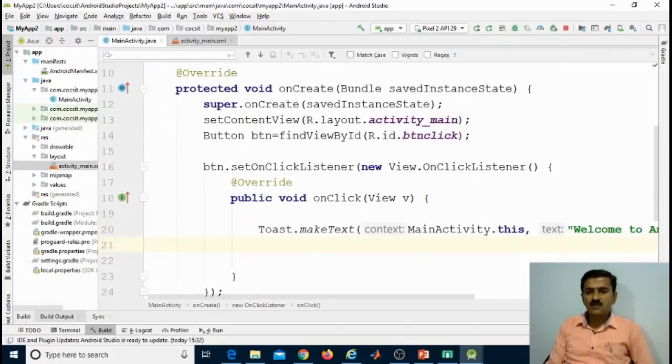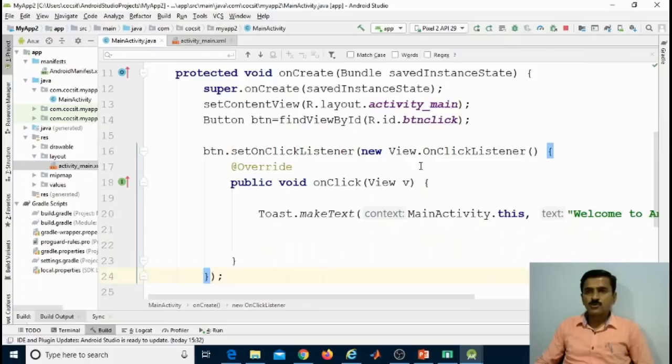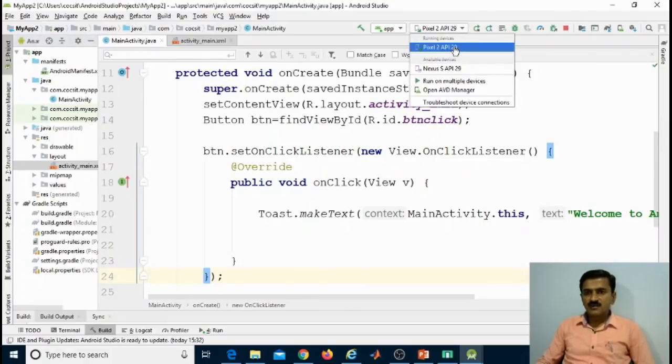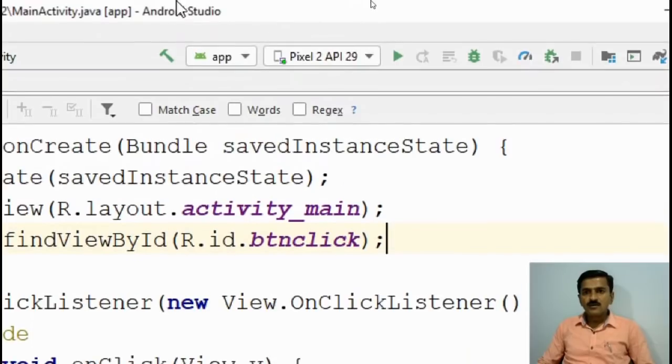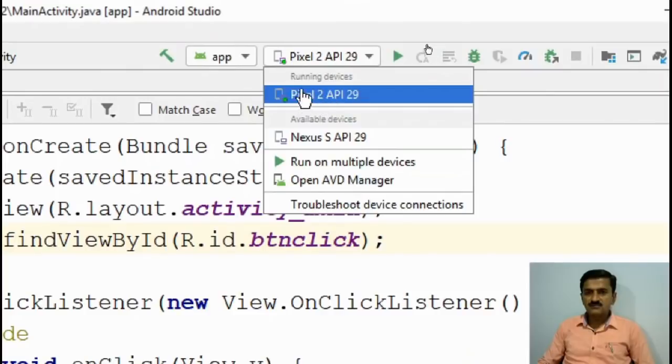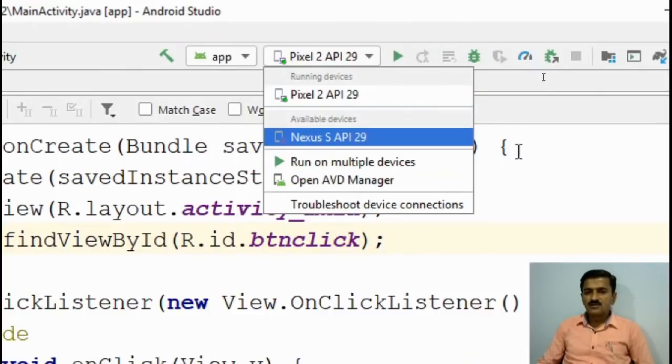So let's see how it works. I'm going to click on the run option. Before you run the program, you have to select the Android virtual device. If the Android virtual device is not added in this list, you have to add one.